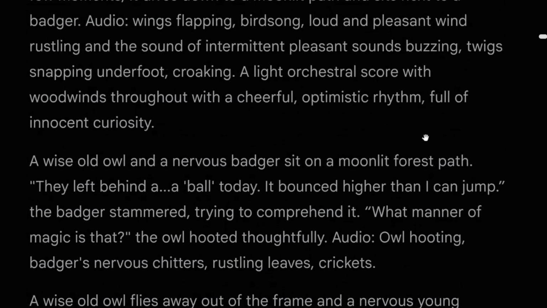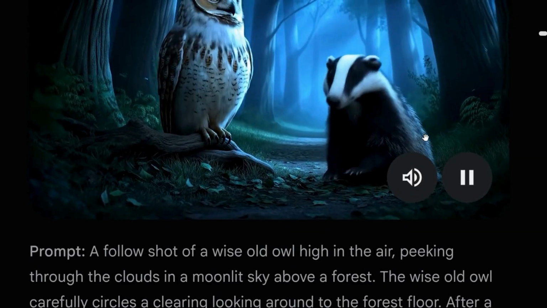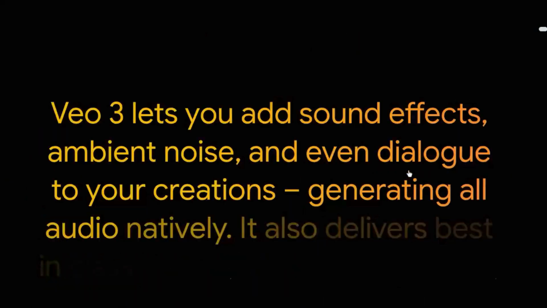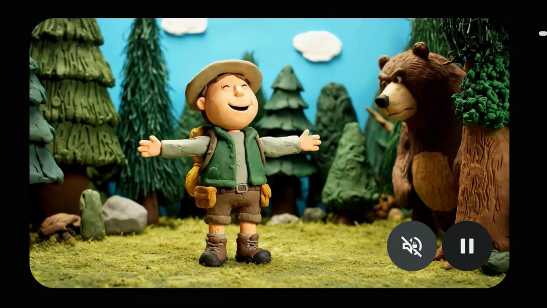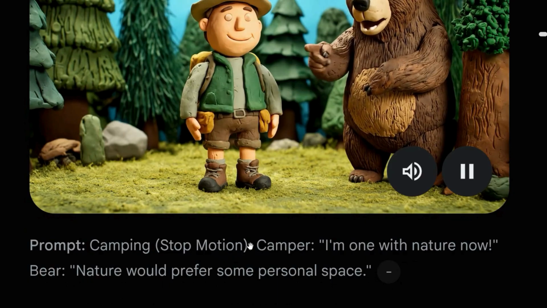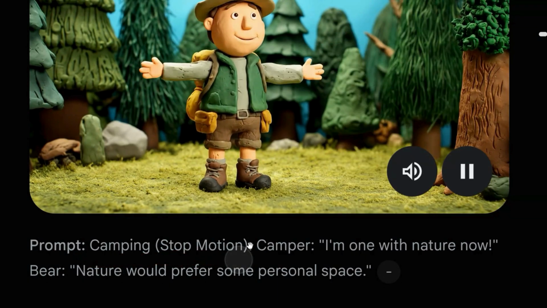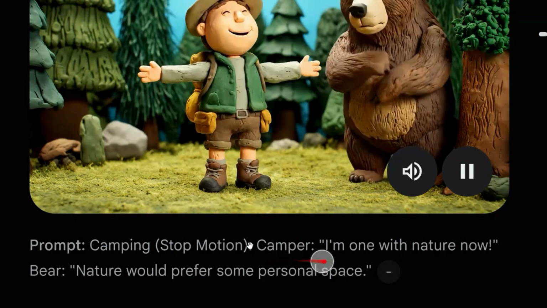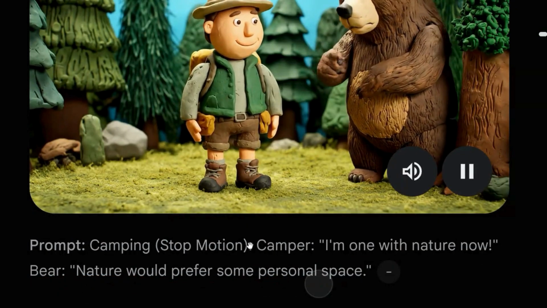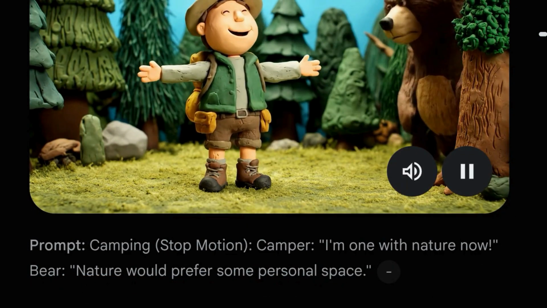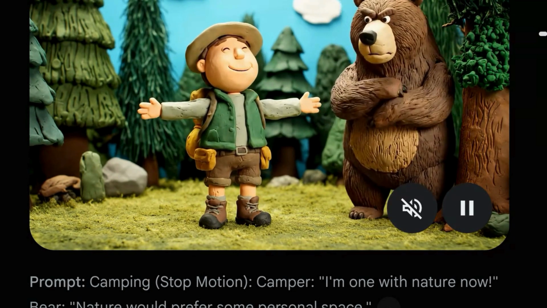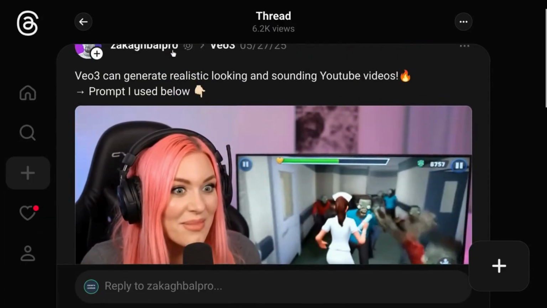And you don't even need this detailed of a description. You can also use very simple prompts like this one for this claymation video. This prompt is less than 2 lines long. It just describes a camping situation, camper, saying, "I'm one with nature now," and then the bear responding, "Nature would prefer some personal space." So you don't need complex prompts with extreme detail, like this video from this Threads user